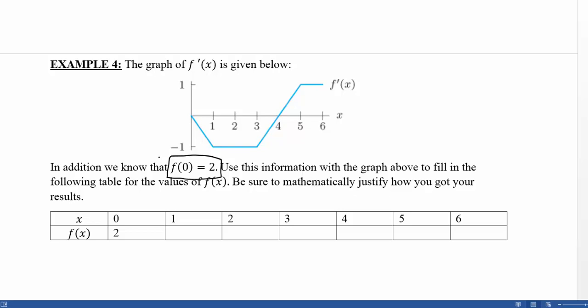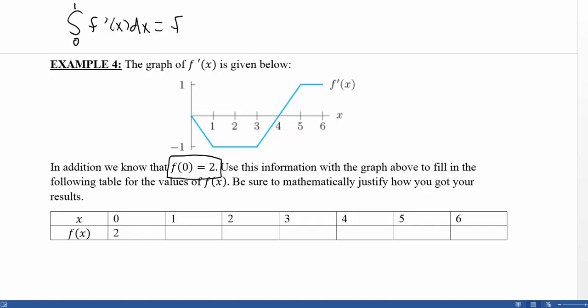And that's really important because that means we could plot those points later and get an exact picture of the original function. We've spent a lot of time going from the original to the first derivative, but this is what's going to allow us to go in the other direction. So how do we use this? So what we want to do is we first want to figure out the value of f of x at x equals 1. We already know the value at 0. So the fundamental theorem, I'm going to come up above, says that if we take the integral from 0 to 1 of f prime of x dx,